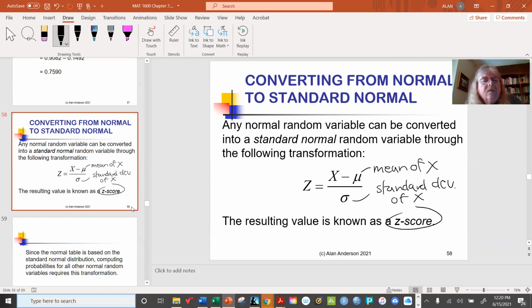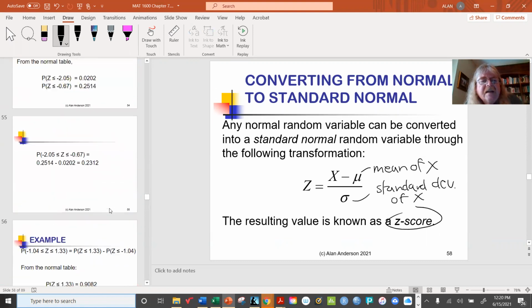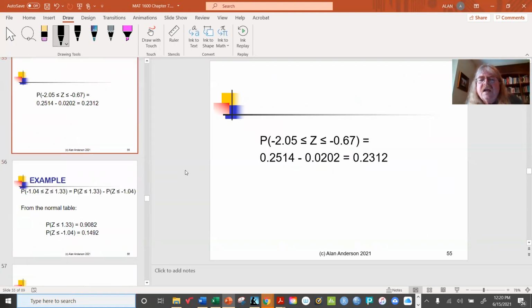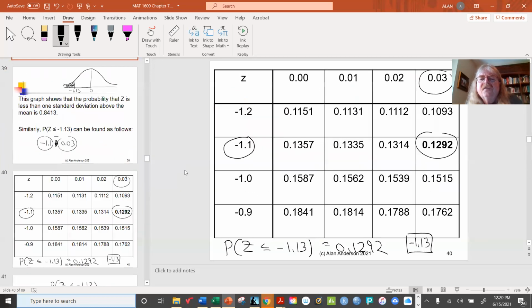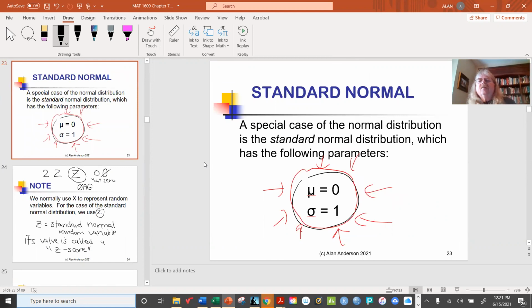All right, so now we're going to do a bunch of examples, but I think that we've had enough for one day. In fact, tomorrow I'm going to have to step back, I think, and review some of this because it was very complicated. But like I said, once we get rolling on the actual examples, after you do several of these, you'll say, oh, I see, it's not that hard. And it really isn't. But there's a lot of background material that we need to fully understand what we're actually doing. And this is, like I said, doubly important because this concept of the normal distribution will show up again in all of the later